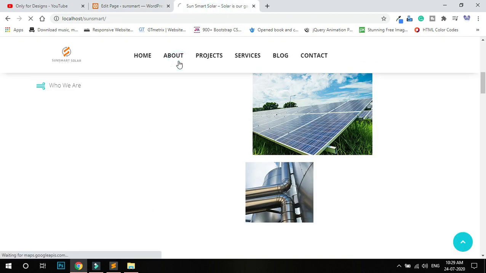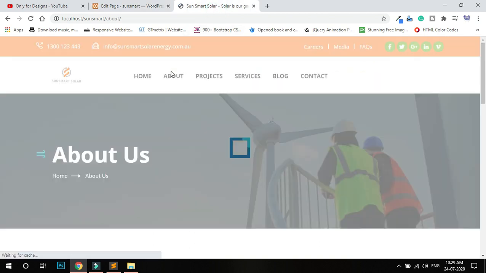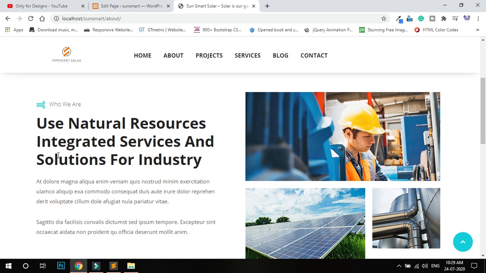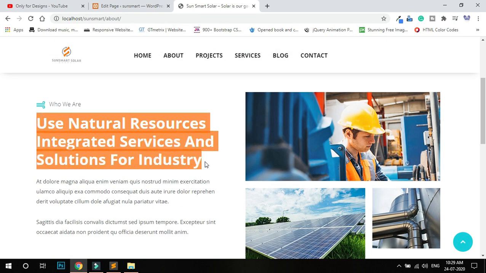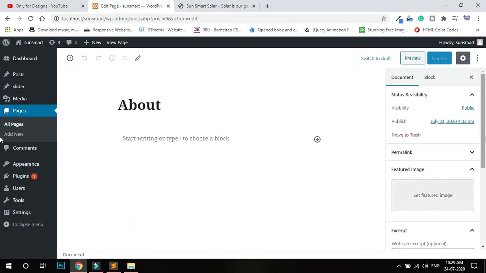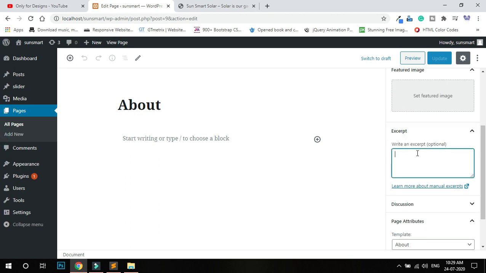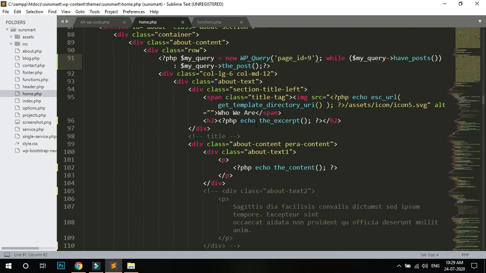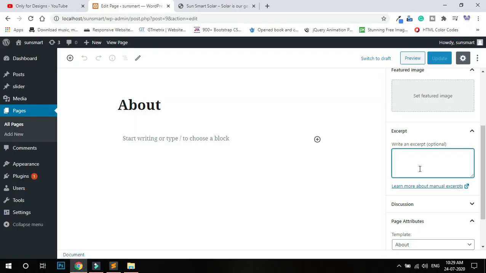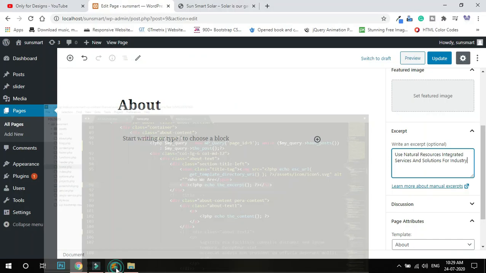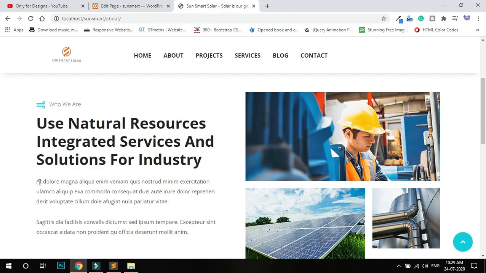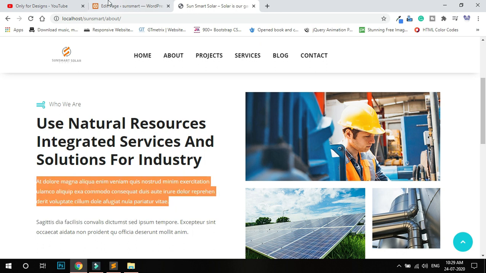So go to the about page. The content is the same, that's why I copy from the about page. So this is the content, copy. I just export this one. You can see this is H2, export code. This is this field. Okay, and the second one is this one, copy.